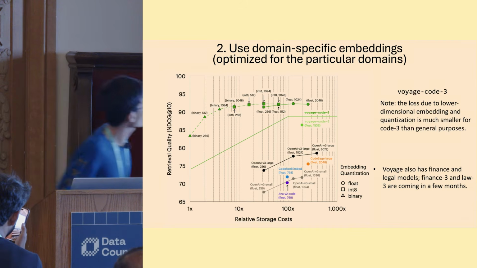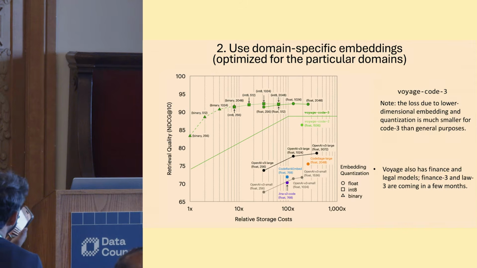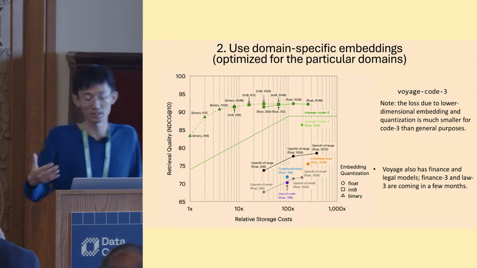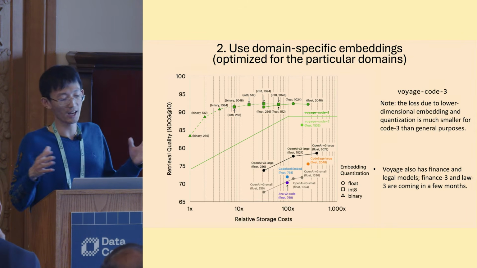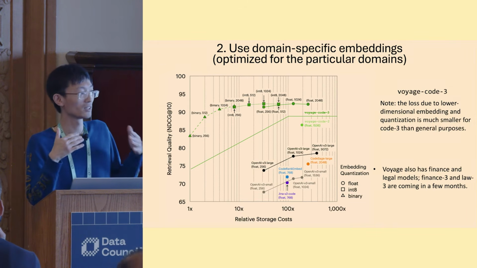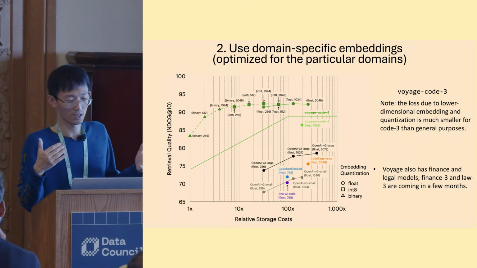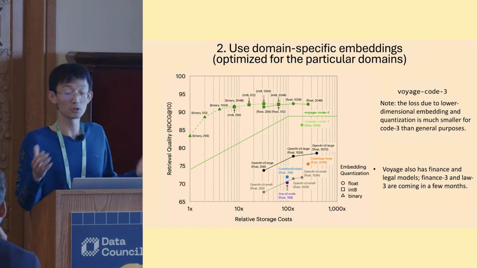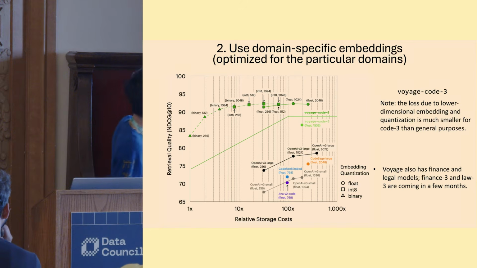I think one of the important things is the trade-off here, right? I didn't talk too much about what this relative storage cost means. Here we are using the Matryoshka learning algorithm and some quantization-aware algorithms to provide a family of embedding models with different dimensionality and different precision, so that you can reduce the storage. And we have done this for many different things.